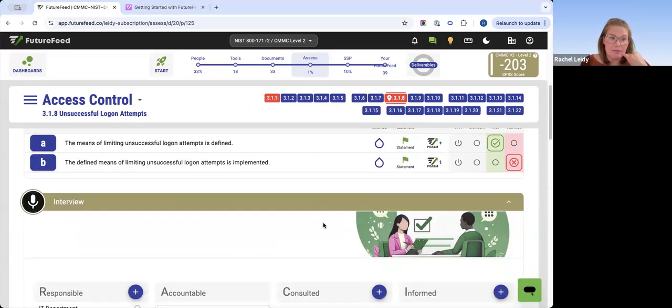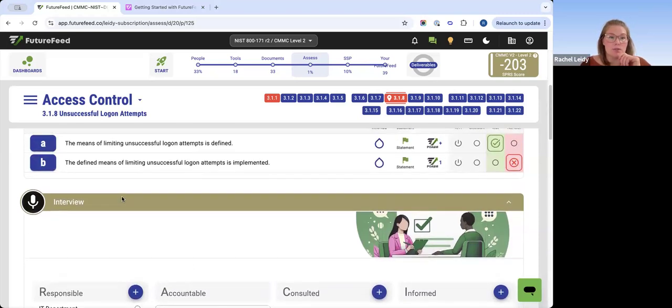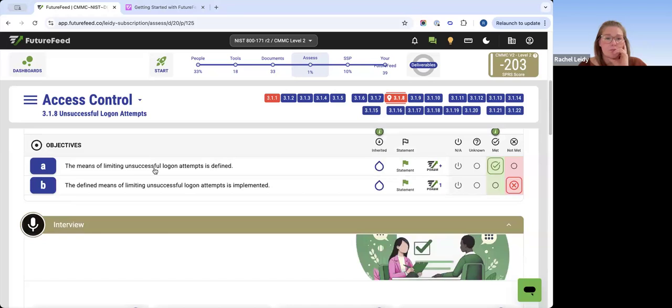So expand that. It may be blank. If it's blank, you're going to have to figure out who you need to talk to and then associate them here. Make sure you tag them here. So this one's a technical control, as well as there's some documentation requirements, but typically this whole control is an IT thing. Okay, so you would reach out to the system administrator or the IT department and talk to them,